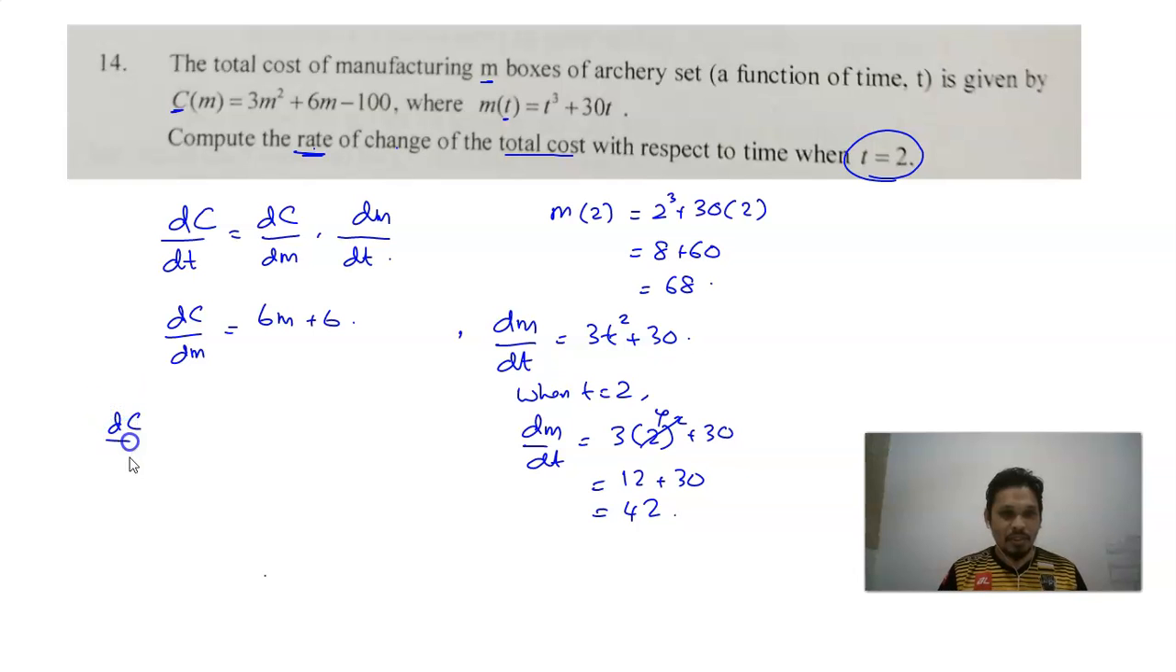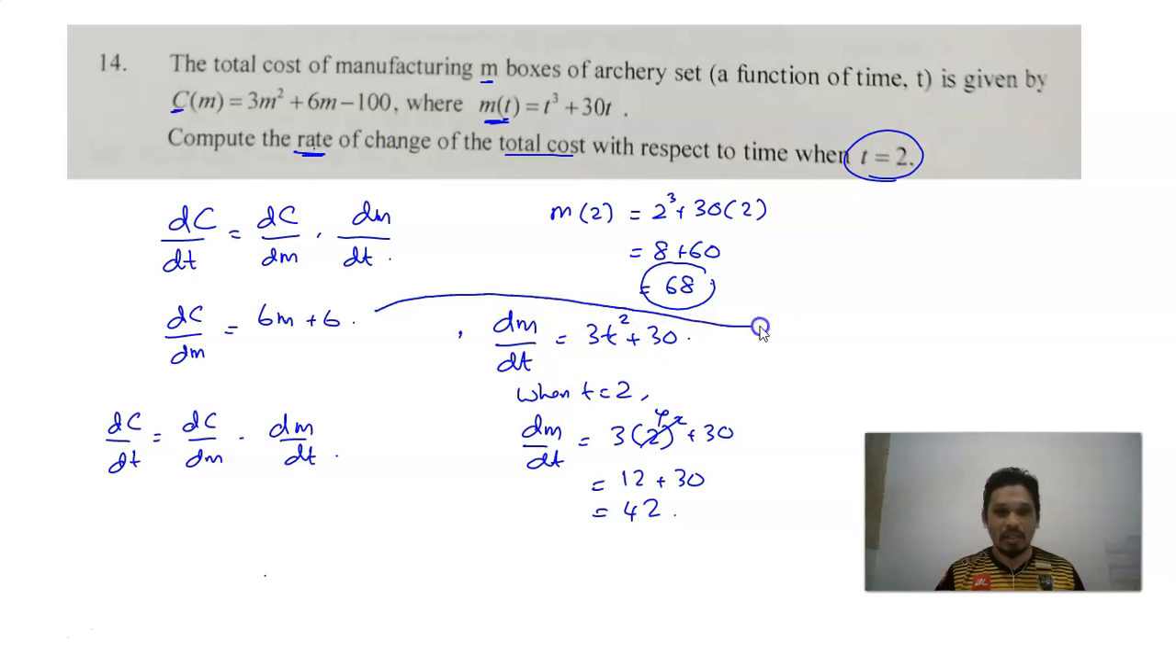Okay, so dC/dt equals dC/dm multiplied with dm/dt. When t equals 2, we substitute into the equation of m, because the number of m boxes is constrained with the time t here, then we get 68. Now we substitute 68 into here. So when t equals 2, m equals 68. I write it down here then. Okay, dC/dt when m equals 68 is 6 times 68 plus 6 equals,